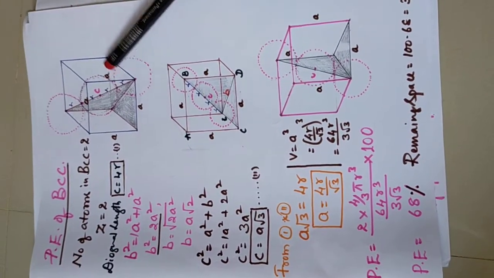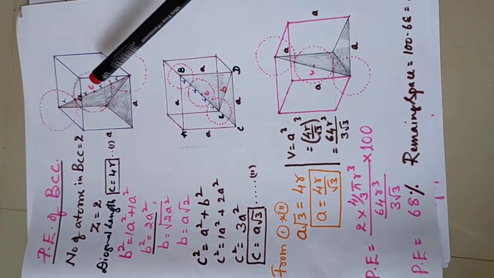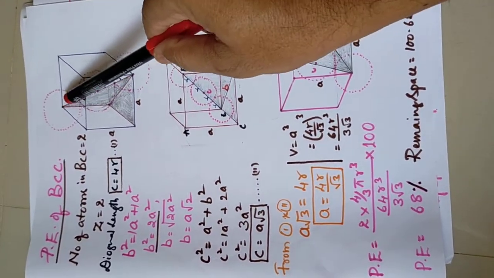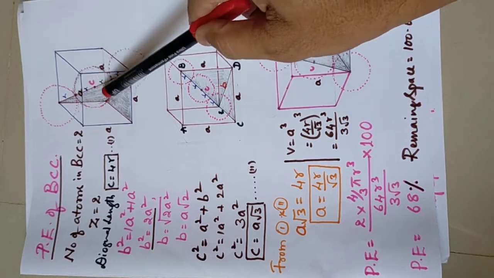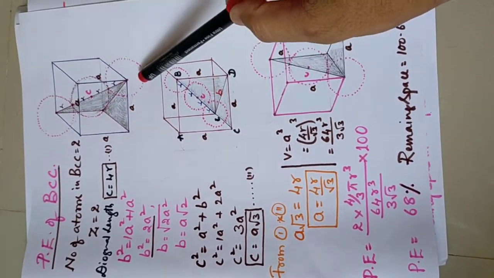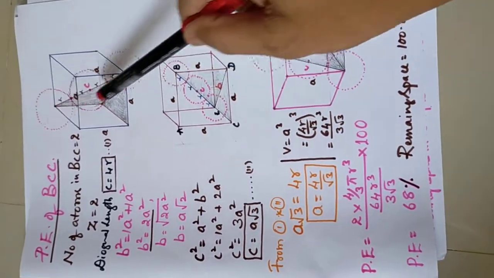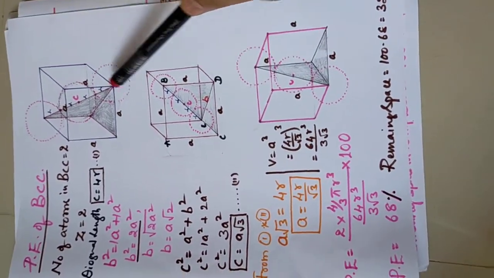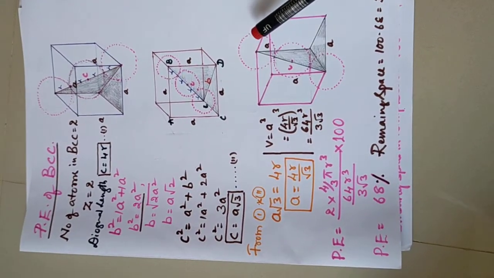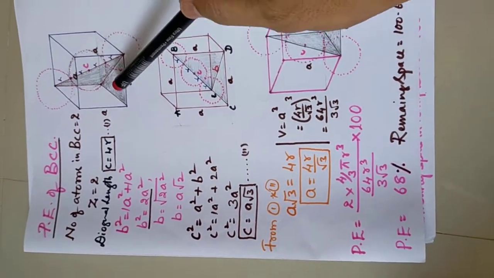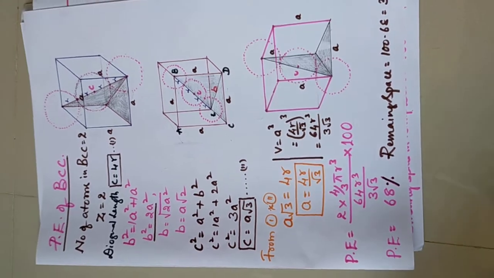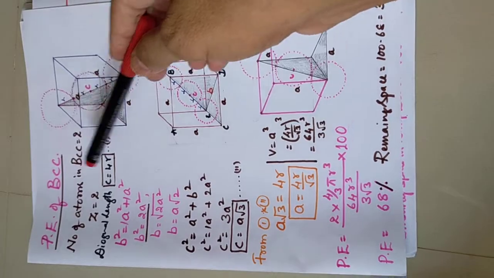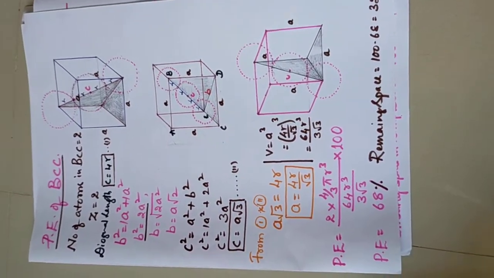Here it is. BCC means body centered. The line should be drawn through the center, and it should be body centered. And again the edges. You can draw the body diagonal also like this. Any one diagram you can practice. But we need this diagram. This is very, very important. Some students are asking whether the diagram is essential or not. Yes, if the diagram is there, everything can be marked in the diagram itself. Otherwise, it is a big problem.